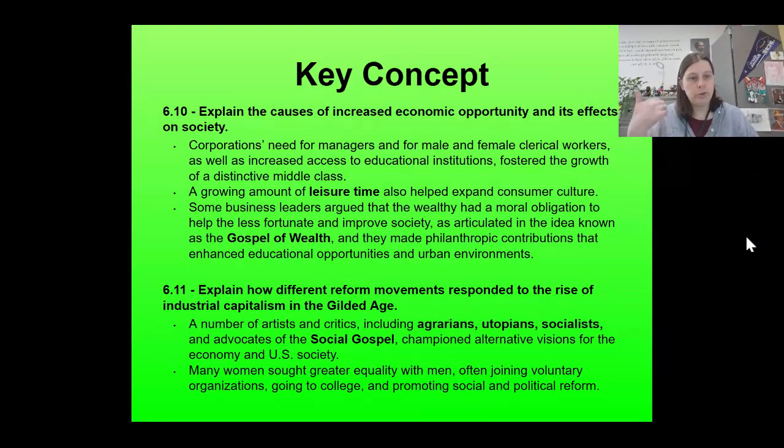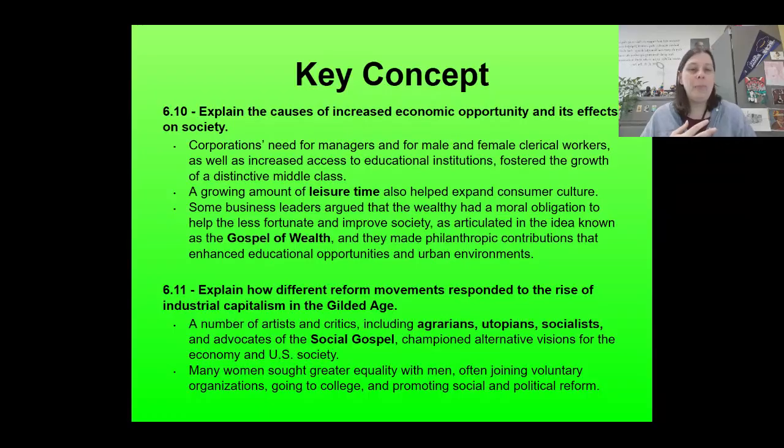So far in response to industrial capitalism, we have farmers and organizations like the Grange and Populist Party, and then workers and their labor unions. This next set of key concepts is a grab bag. There is a lot going on here. I don't really love the way the College Board organizes Historical Period 5, so if you look at this and you're like, it seems like some random stuff,